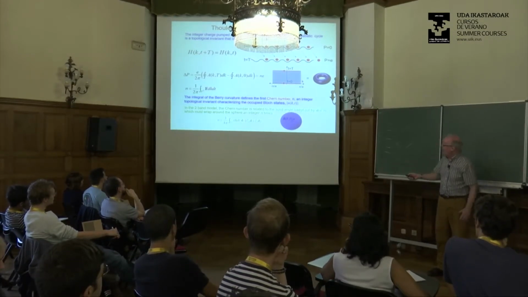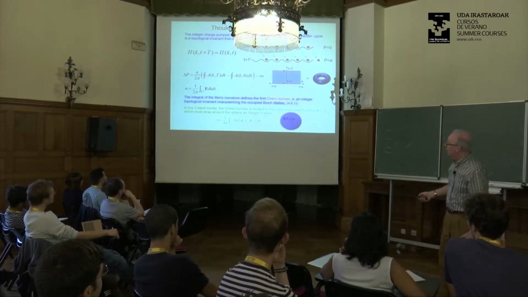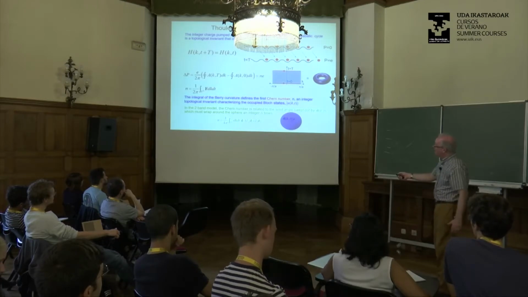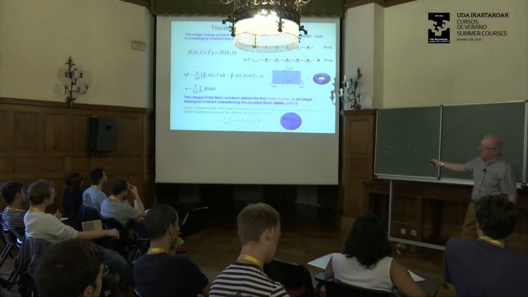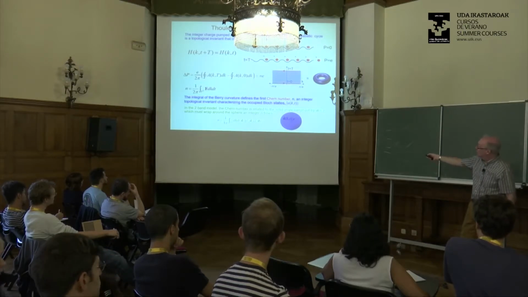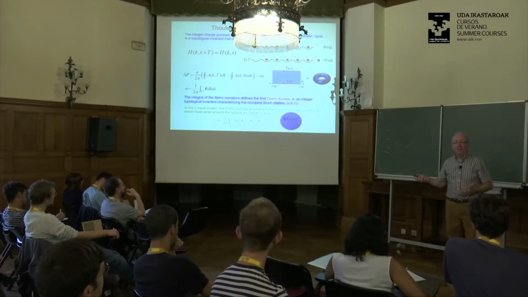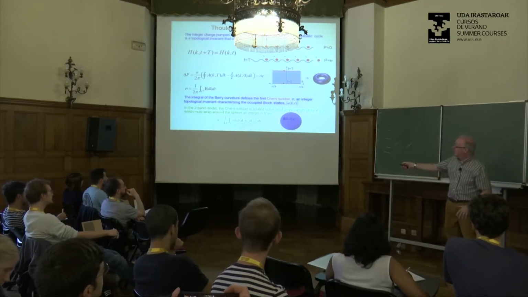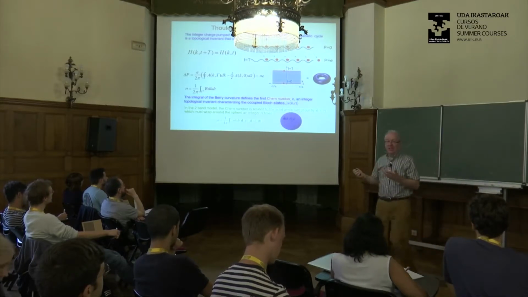And that integer is a famous integer. It's called the Chern number. If you integrate the Berry curvature over this closed surface, the entire space of k and lambda, and it's a closed surface that doesn't have any boundary, then that is guaranteed to be an integer, provided you define it with the appropriate factor of 2 pi. And so that's the Chern number.